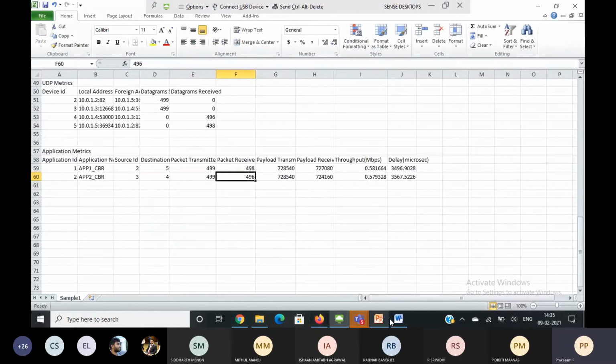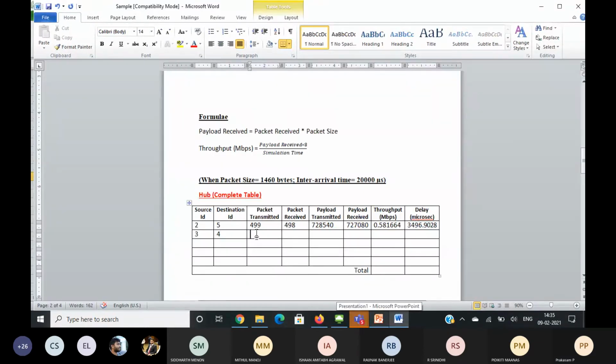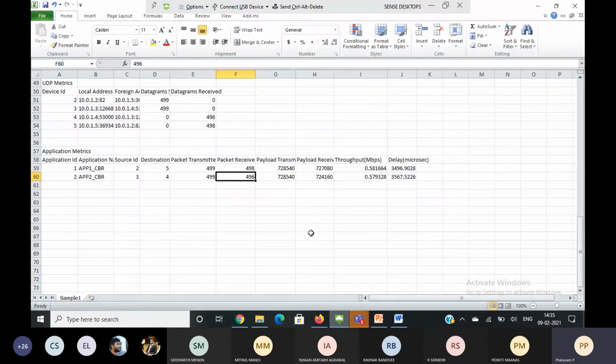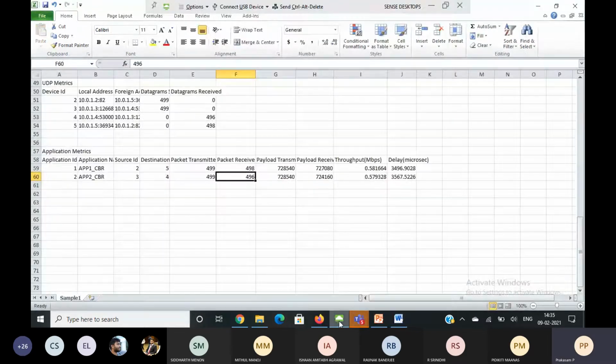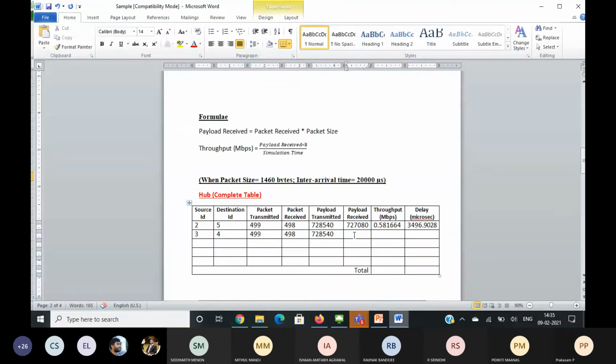499, 496. Payload transmitted, it is common, 728,540. So payload received 724,160.